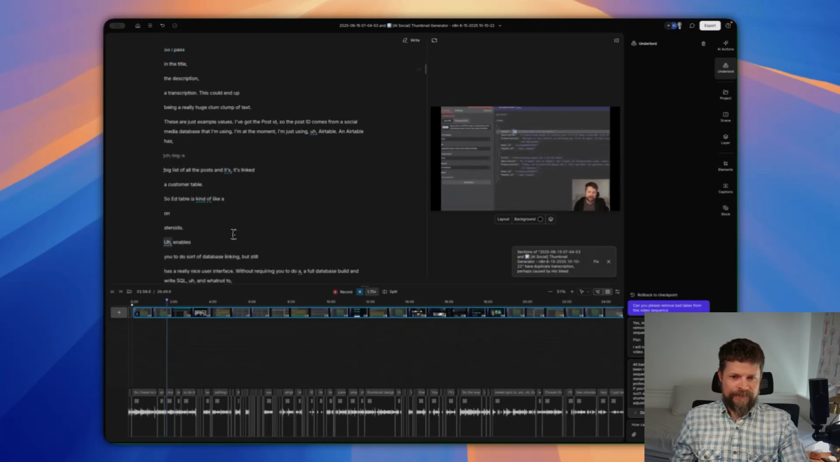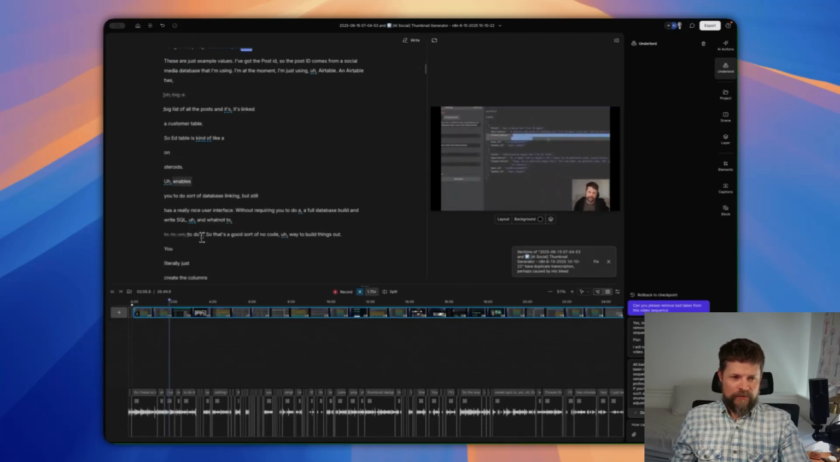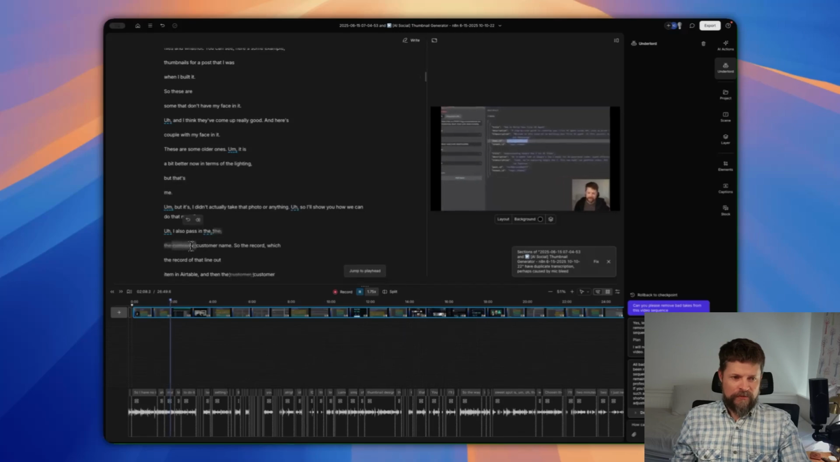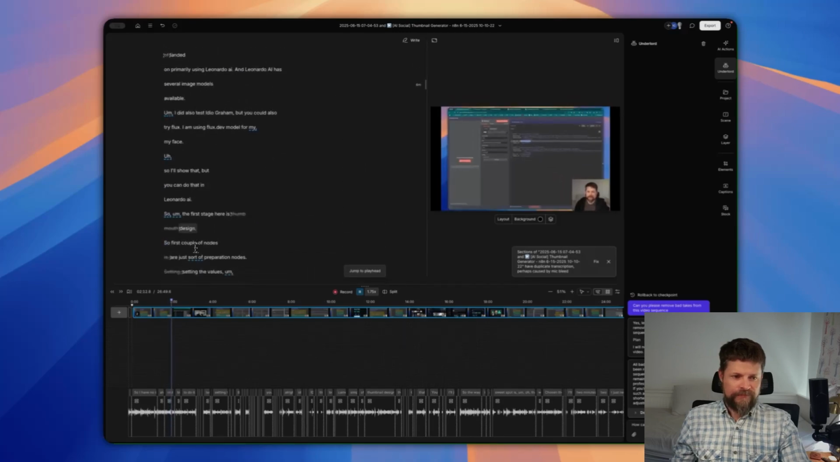So this thing be really huge. It's removed quite a lot of little things here. You can see,